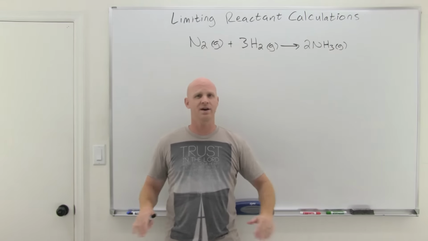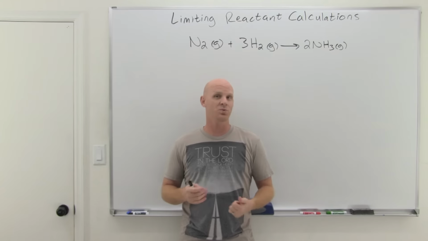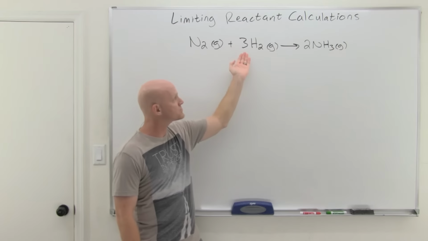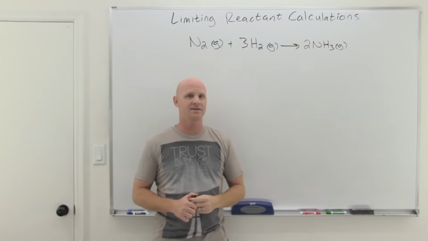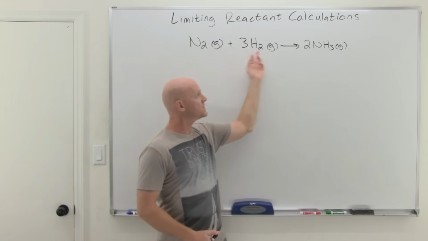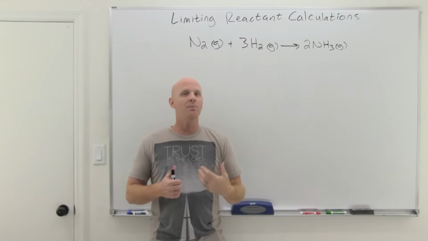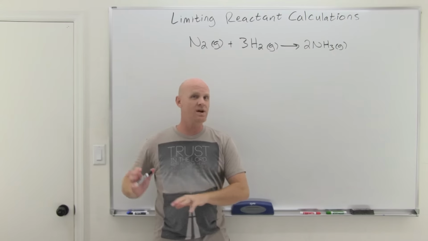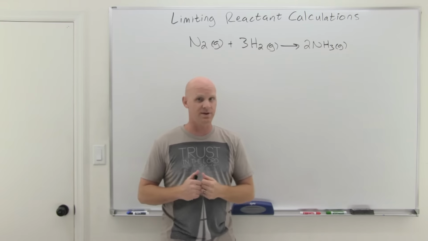It never tells you what you have. It is only going to tell you the mole-to-mole ratio in which things react. So in this case, it says that 1 mole of N2 gas reacts with 3 moles of H2 gas to produce 2 moles of NH3 gas. It's a 1:3:2 ratio, and that is all it tells us. So how much we actually have of either of these reactants or products is something that's extraneous that has to be given. So if I told you that I actually do have 1 mole of N2 gas,